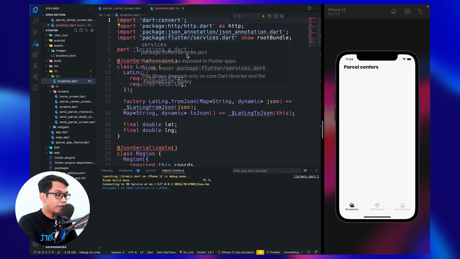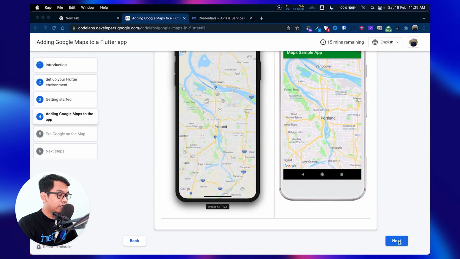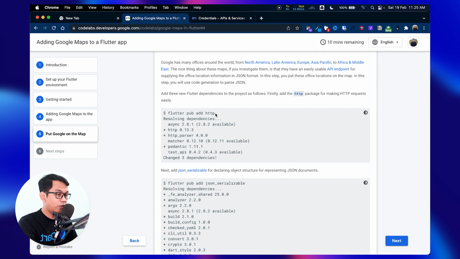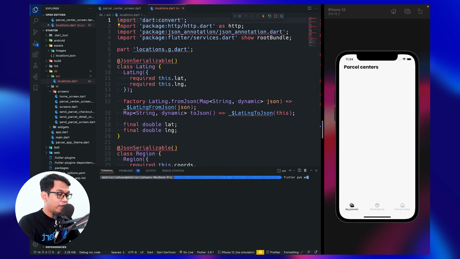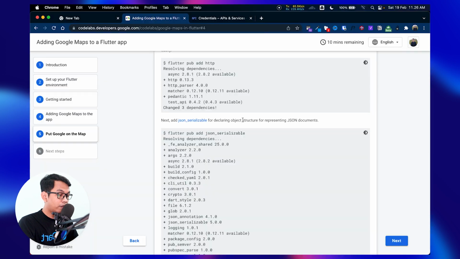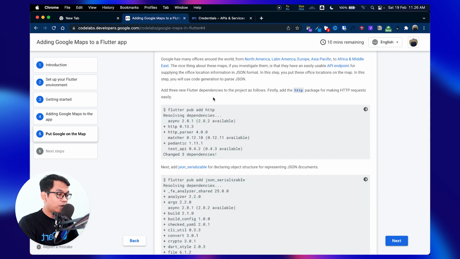And we see an error right here. So we go to the tutorial again, next, and we see right here, we need to add a new package. So let's go to terminal, flutter pub add http, and the next is flutter pub add json_serializable for declaring object structure for representing JSON document, and HTTP is used for making HTTP requests easily.